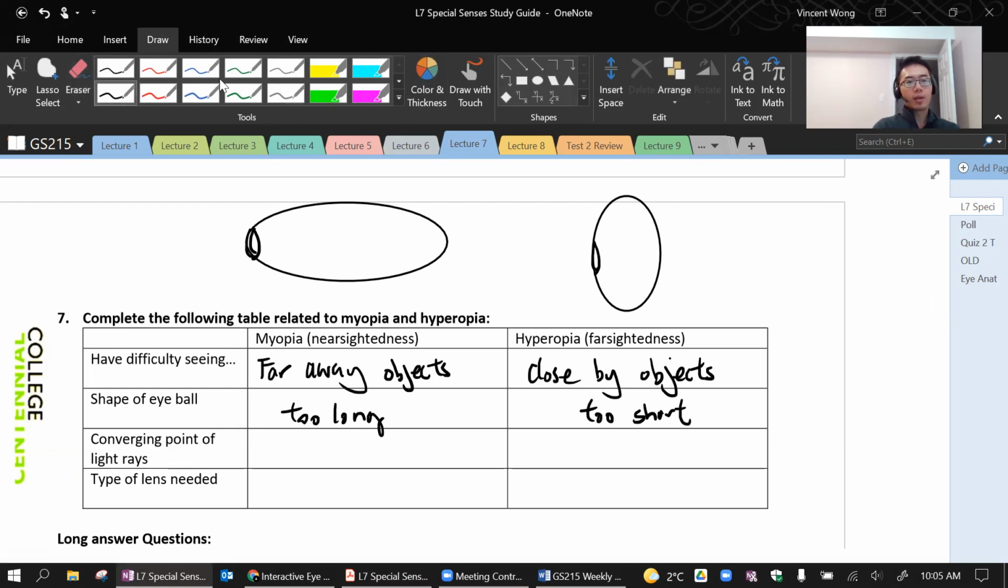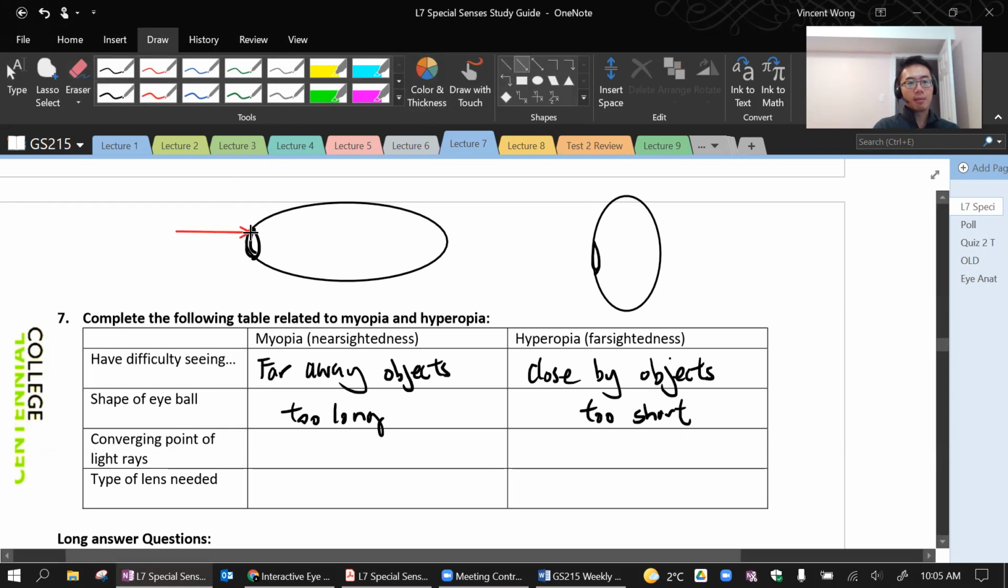Converging points of light rays, because the eyeball is too long. So what's going to happen is the light comes in, and then now they are going to converge. They're going to come together too soon because the eyeball is too long, right? It's like the